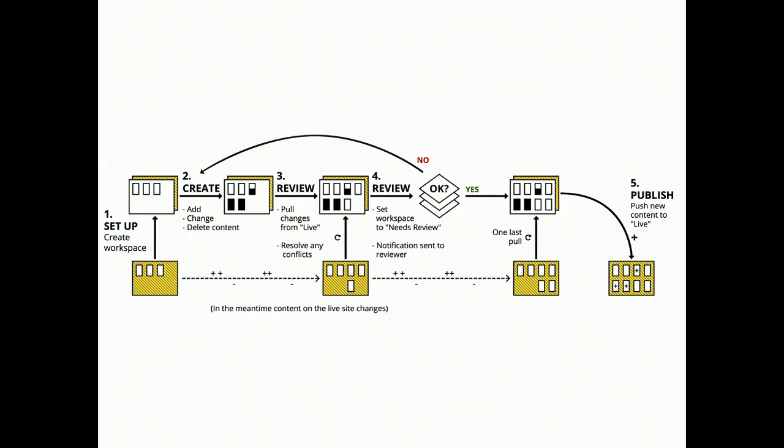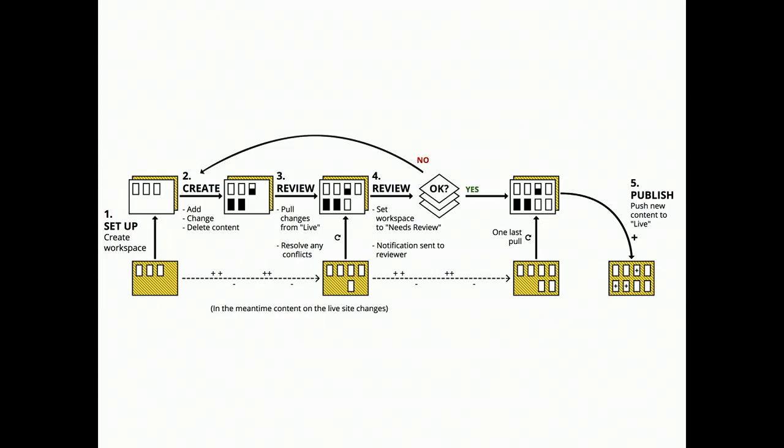And in the process, they can pull in changes from live, as we see there in the middle. They pull in and update the workspace with upstream changes. And then there can be this review process. So it might pass review, legal review, whatever it might be, go back to step 1 and repeat. But if it passes review, we're on to past step 4.